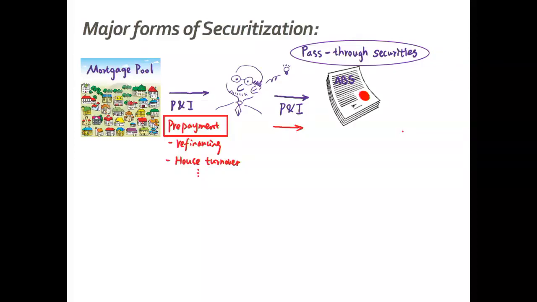And another thing is house turnover. So maybe we move to a different state or to a different country, we want to sell the house and get rid of the loans straight away. That's going to lead to prepayments as well. Another very common factor that leads to prepayments is loan refinancing. And this is especially severe during periods of low interest rates. And it's exactly what's happening in Australia during recent years, right?